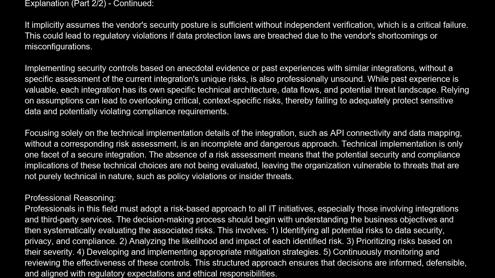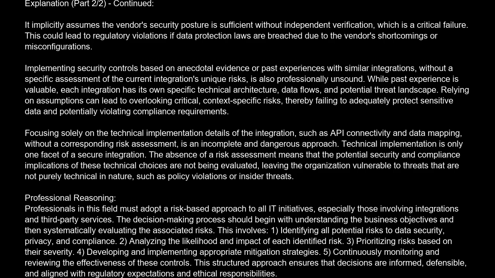Technical implementation is only one facet of a secure integration. The absence of a risk assessment means that the potential security and compliance implications of these technical choices are not being evaluated, leaving the organization vulnerable to threats that are not purely technical in nature, such as policy violations or insider threats. Professional reasoning. Professionals in this field must adopt a risk-based approach to all IT initiatives, especially those involving